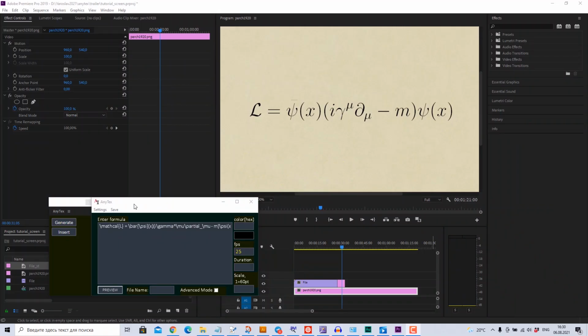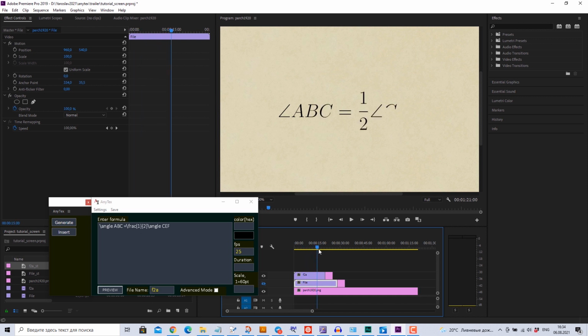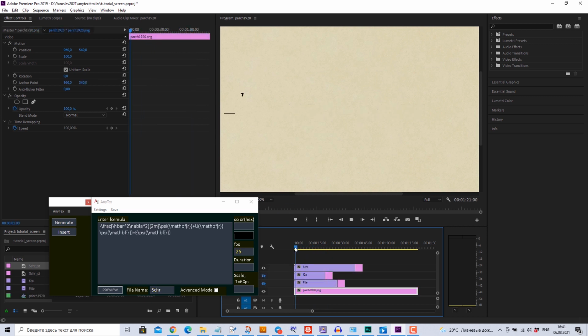Hi folks, I'd like to present my new Premiere Pro plugin for animating math formulas. It's called AnyTex. What it does, it animates almost any math formula, making it as if it is handwritten in calligraphic style. It is capable of animating elementary formulas from high school math, like this, as well as advanced formulas